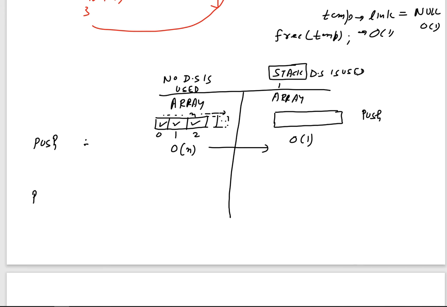The second is the pop operation. In a similar manner, if I want to delete some element, I do not know the index position from where I have to delete. So in worst case, I need to search for this particular element up to the nth position. Let us suppose I just need to delete 9. I do not know the index position, so I need to search for this element. I need to traverse this array up to this point n, and then I delete it. So in order to delete an element, I need to search and then delete it. So the total time complexity will be order of n.